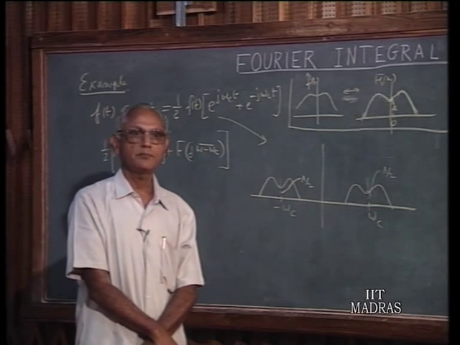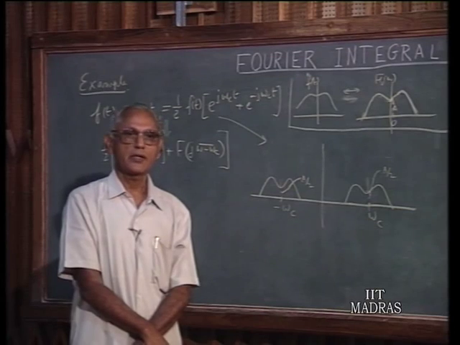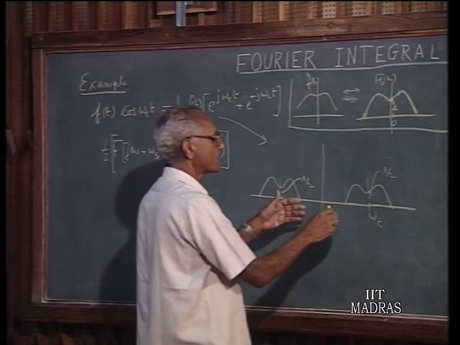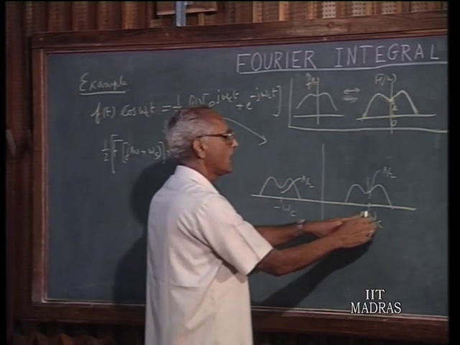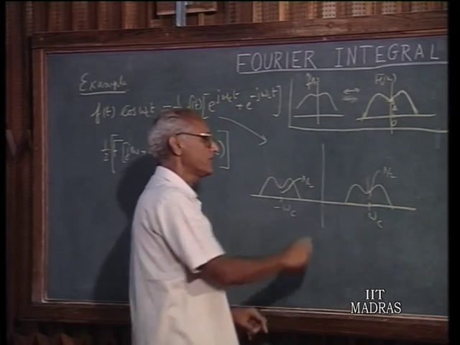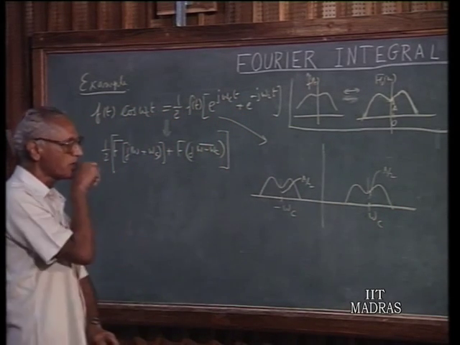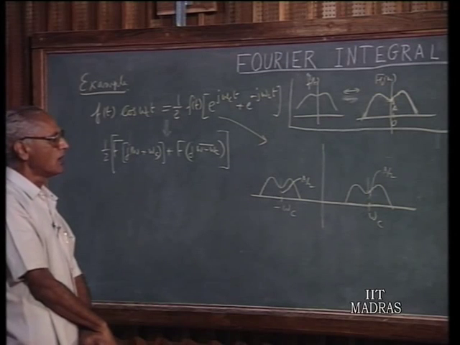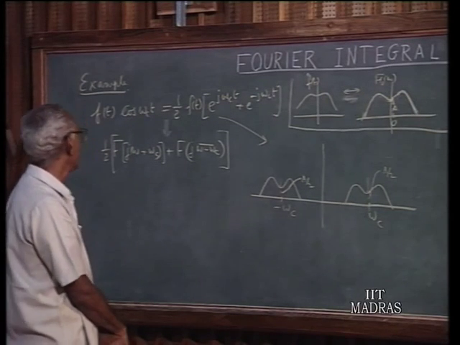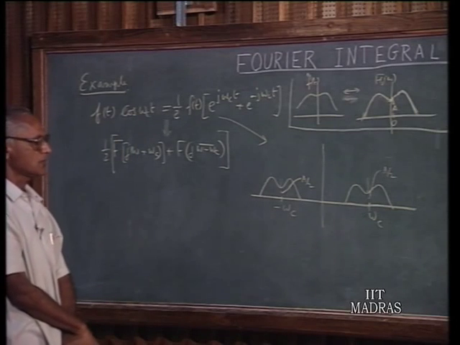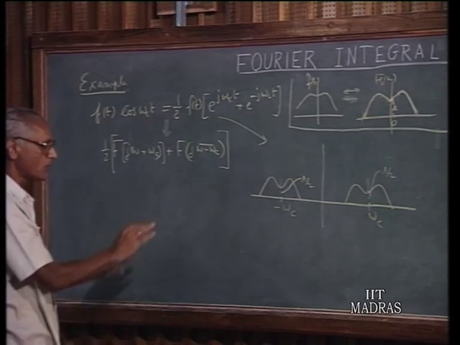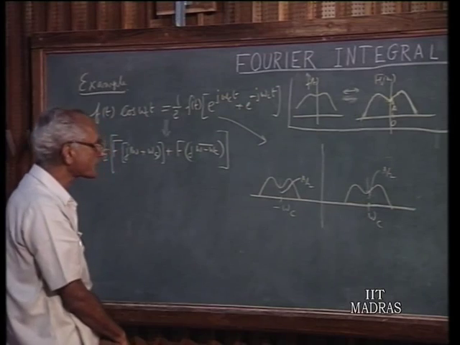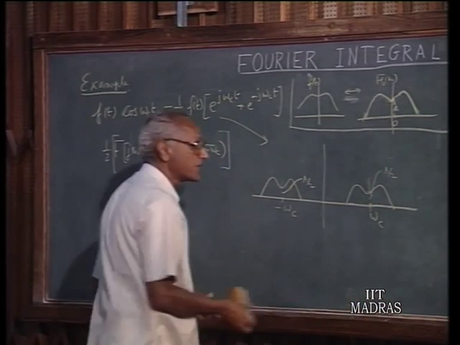And secondly, the same communication channel can be more effectively used by having several items of information in more convenient locations. Instead, you can have another information channel here, another information channel here, and therefore it makes for more effective communication for a given channel. Because of these reasons, it is convenient to modulate a signal f of t by multiplying by a trigonometric function of this type. These details of this, of course, you will learn in your communication theory, but as far as we are concerned, we just want to point out an application of this property of the Fourier transform. Now, let us take up the next property,